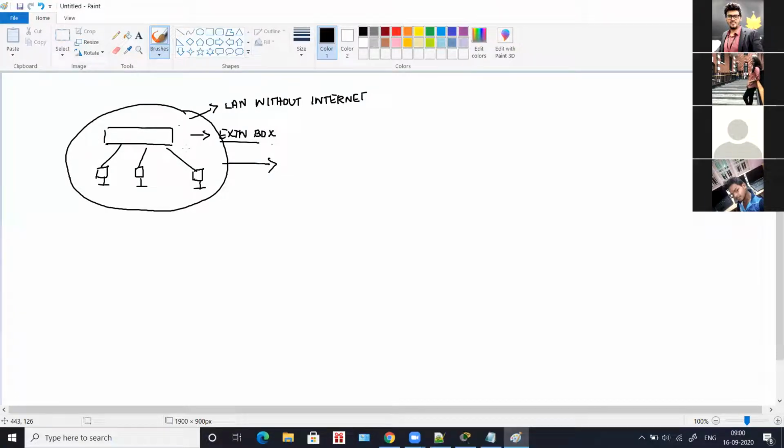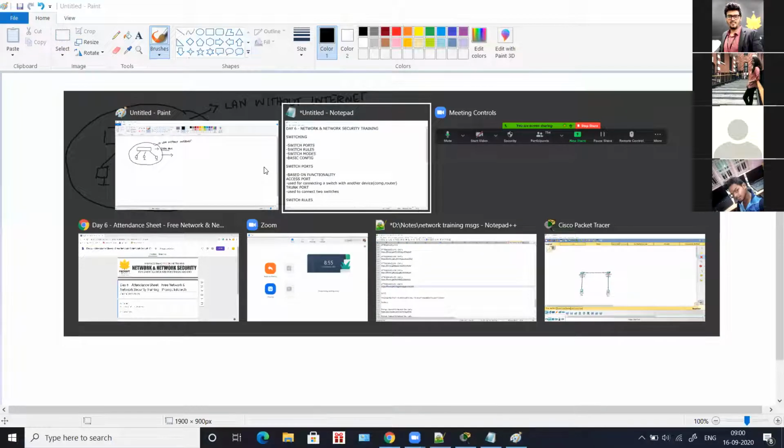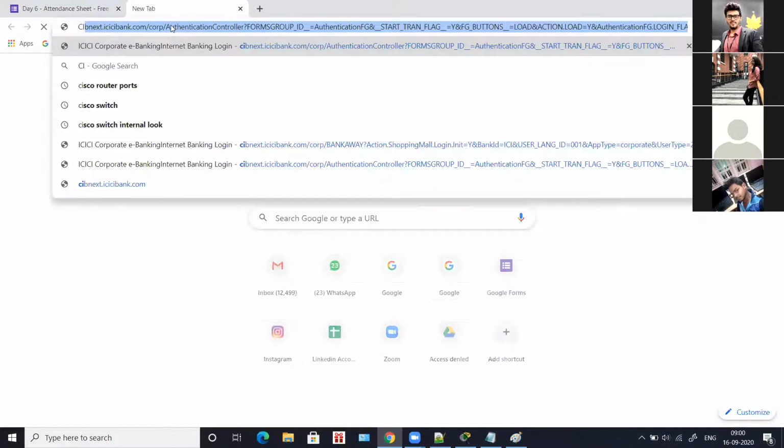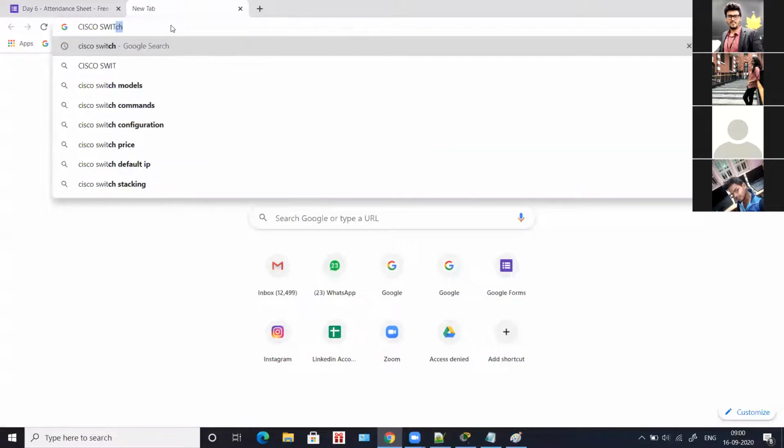So a switch is something like an extension box where you connect many computers. You have a 24 port switch, a 48 port switch, a 16 port switch, so there are many different types of switches. I will also show you a Cisco switch, how it looks.